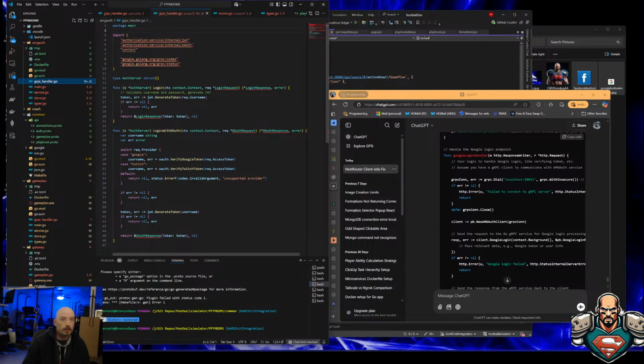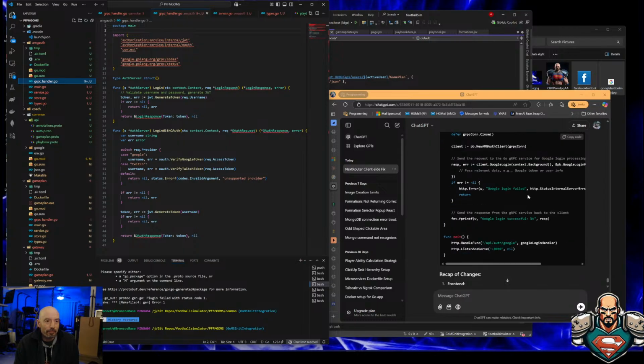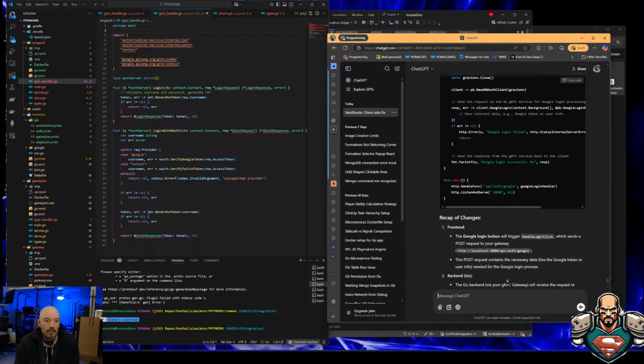All right, so they're doing it slightly different, but let's see how different it is. Say I got CTX context, response writer, HTTP request. Handle the Google login endpoint main, func main. All right, so let's make some adjustments here. Let's tell it what we have. Okay, so